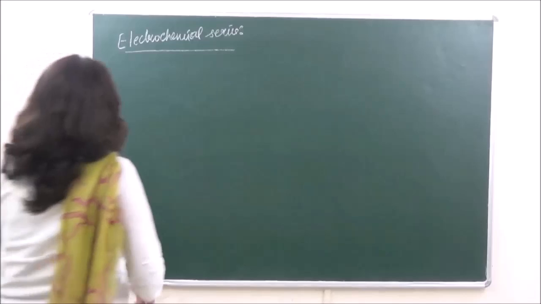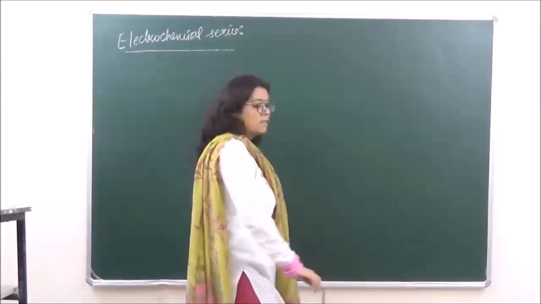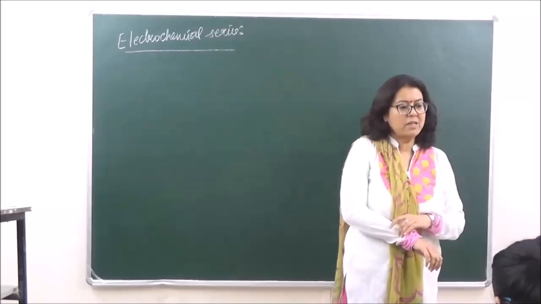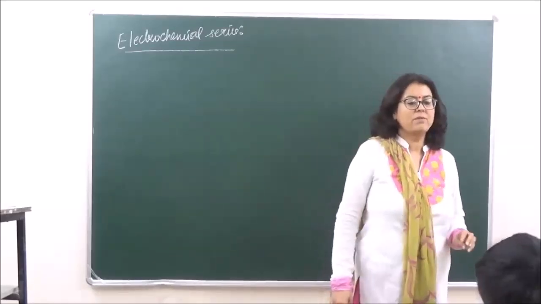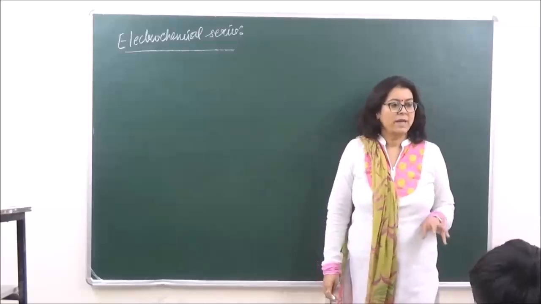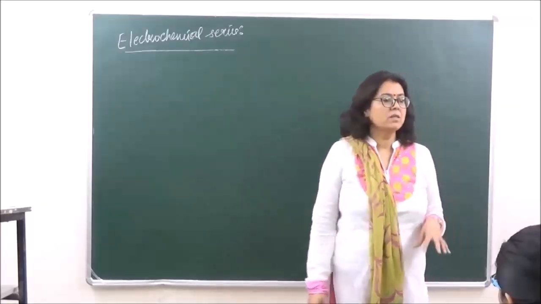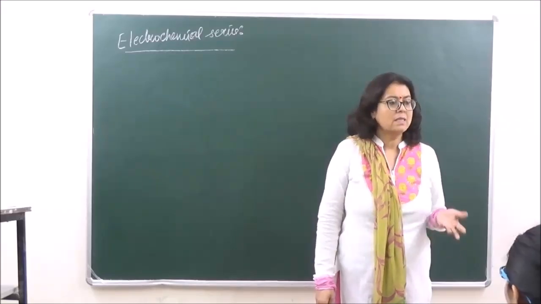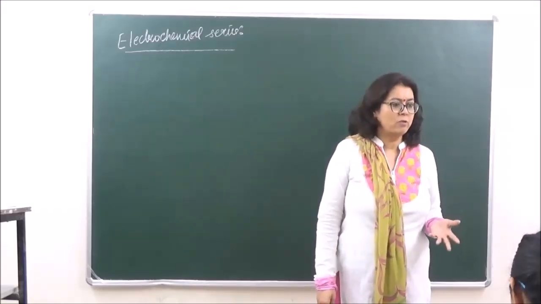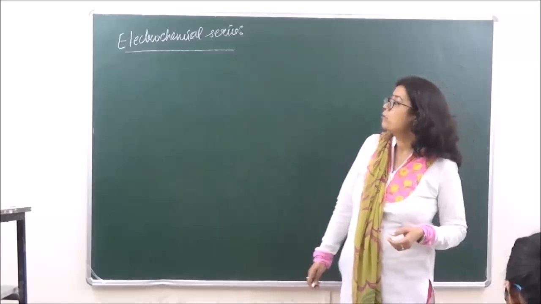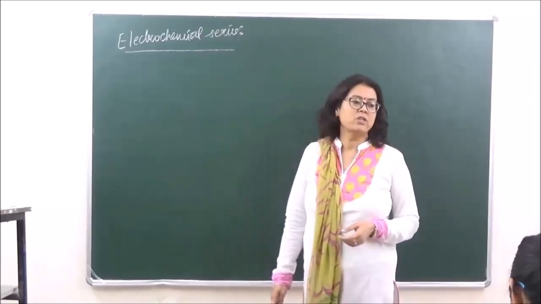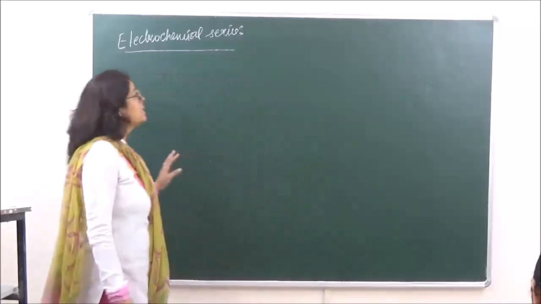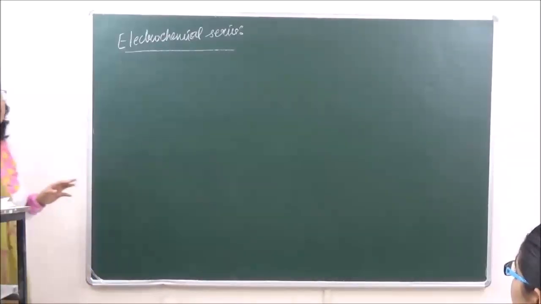So today's topic is the electrochemical series, right? In the previous lectures, what have we done? We have done the electrolytic cell, then we did the electrochemical cell. And when we were doing the Nernst equation, we were calculating one value which was known as the standard electrode potential value. Depending upon the standard electrode potential values of various metals and non-metals, this series, the electrochemical series, was designed.